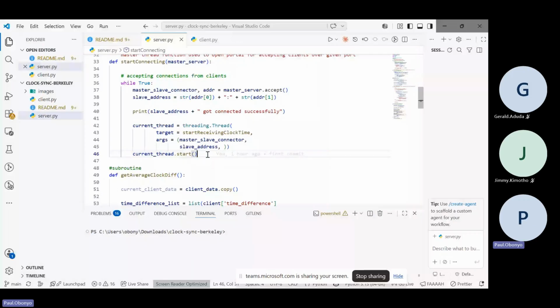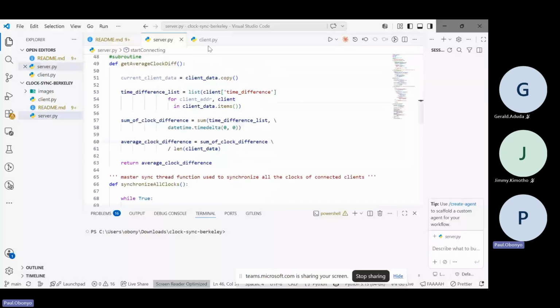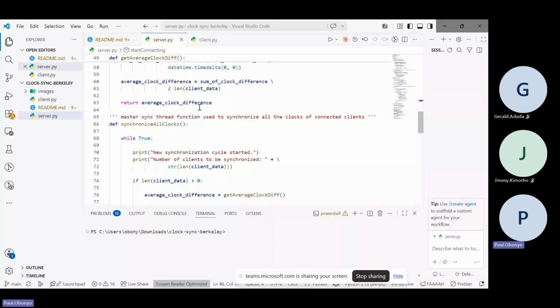simultaneously. Here we are getting the average clock difference, where synchronized time is done using the average clock difference, and then the updated time is sent back to every connected client. Okay, so that's just it. And then here in the client server file,